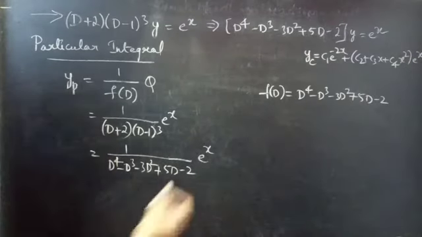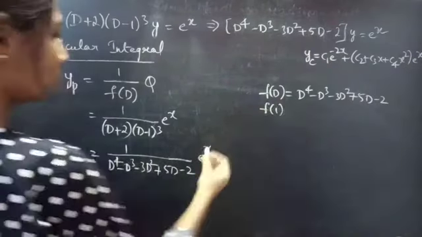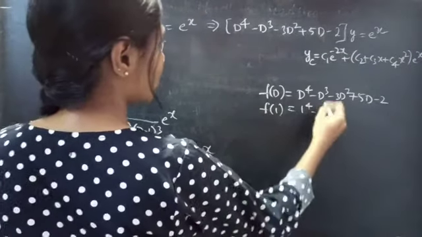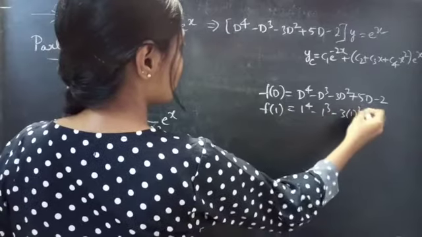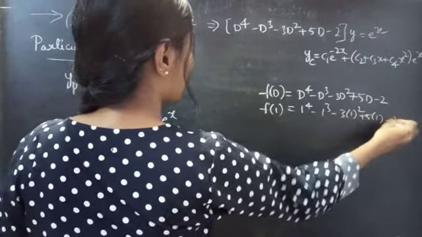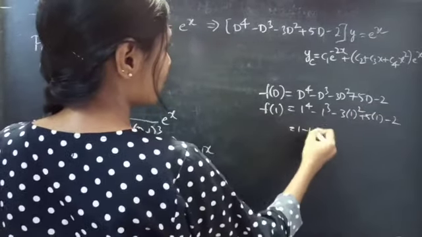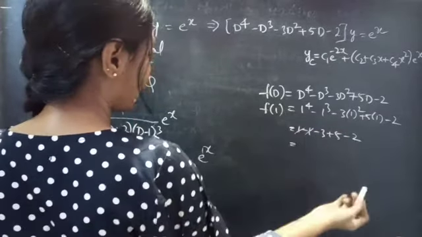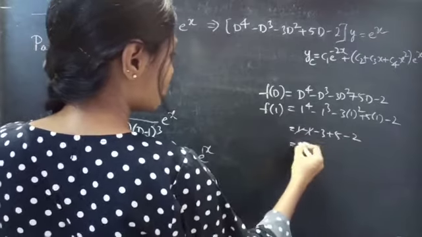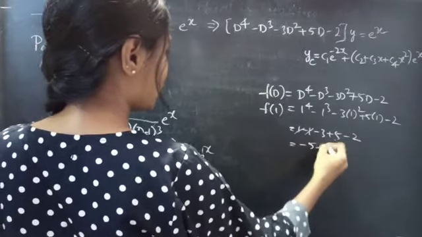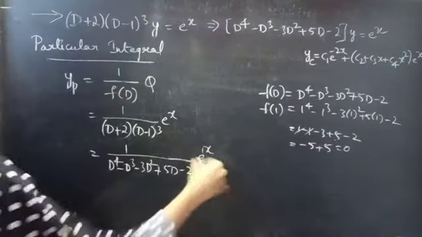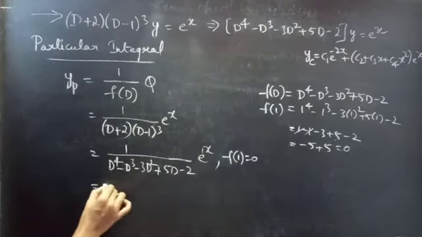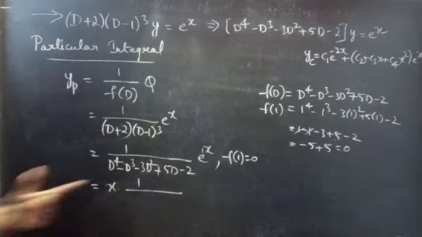Let's find f of 1, right? f of 1, which is equals to 1 power 4 minus 1 cube minus 3 into 1 square plus 5 into 1 minus 2 equals to 1 minus 1 minus 3 plus 5 minus 2 equals to plus 1 minus 1 gets cancelled, minus 3 minus 2 is minus 5 plus 5, which is equals to 0. Since f of 1 equals to 0, so what we'll do, we'll write 1x into 1 by, find the derivative